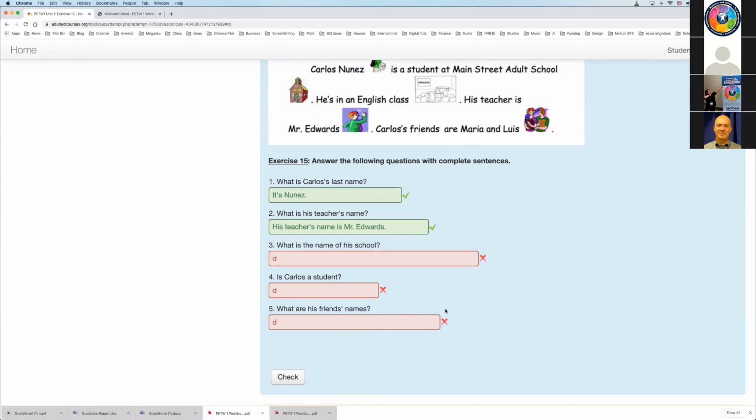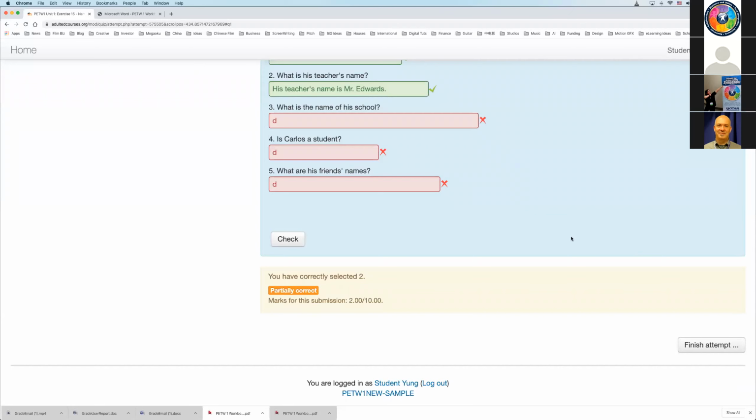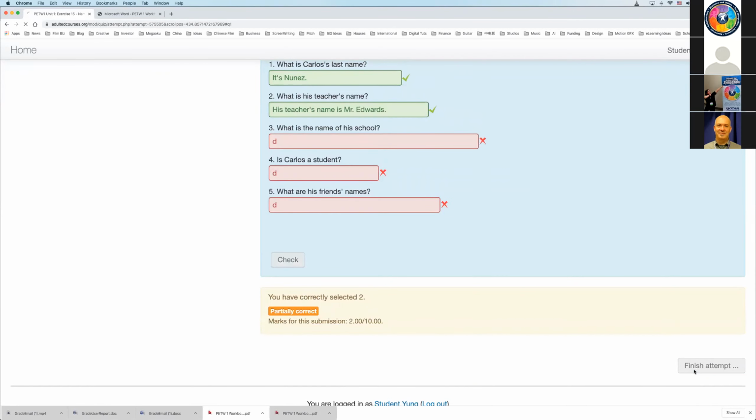Most of the English programs you see out there nowadays, and there are many, they're all basically radio buttons. Choose true or false. Choose A, C, or D, or fill in the blank. That's the most typing a student would do, right? Is write a vocabulary word in a blank. None of them require a student to write a complete sentence, and much less to even correct them with multiple possibilities. Okay. So I'm going to click Finish Attempt.